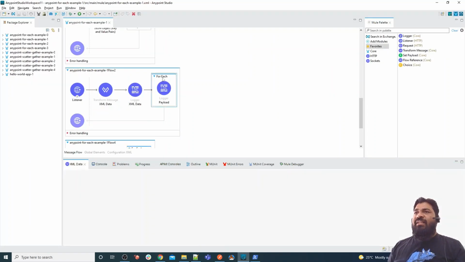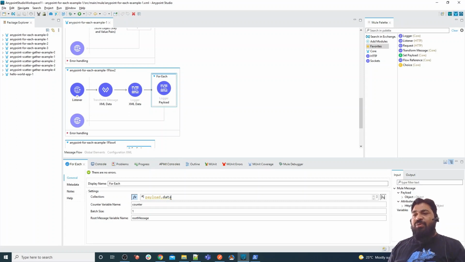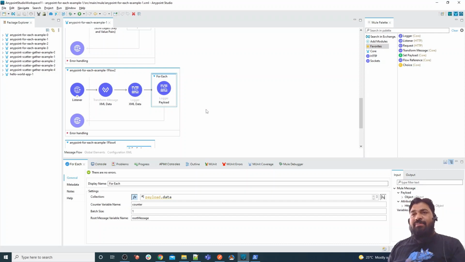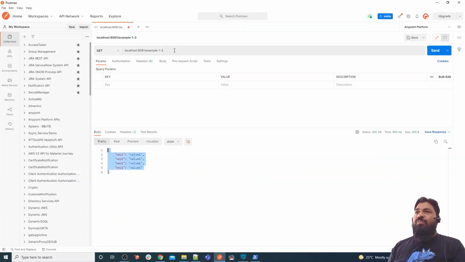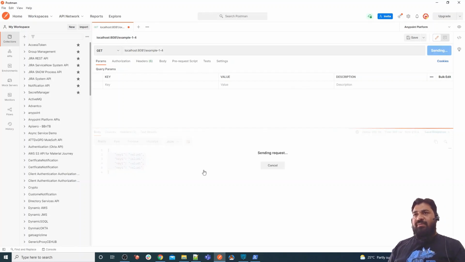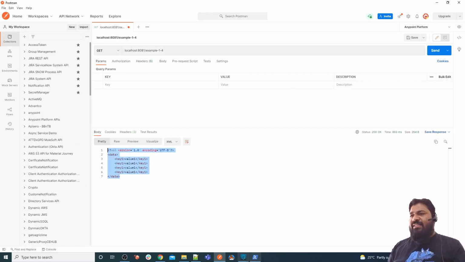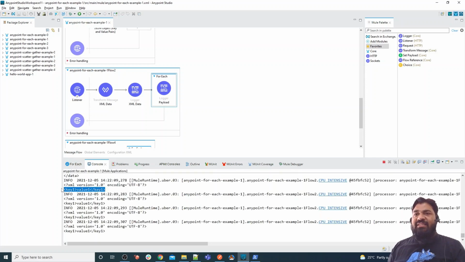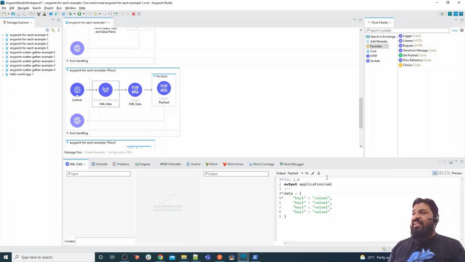Let me show you something. Inside the for each, I maintain payload.data. So when I do payload data, this particular thing will be passed to the for each, but it is XML also. So we're providing XML to for each. Let me show you what the output of this one is. The XML is coming as it is, because whatever we provide to the for each, it will not change the current payload. That's why you are getting XML, but inside that, as you can see, we provide data. So it will iterate one by one: first time, second time, third time, and fourth time.